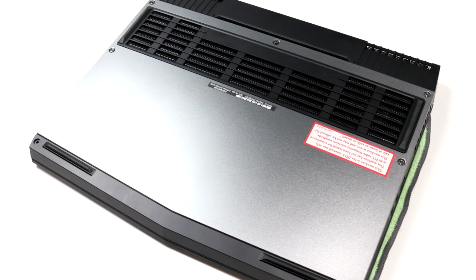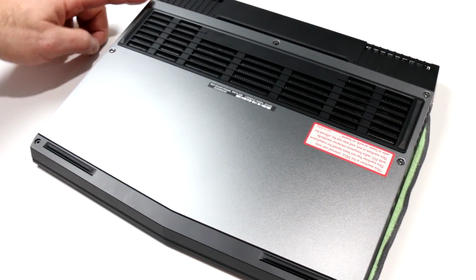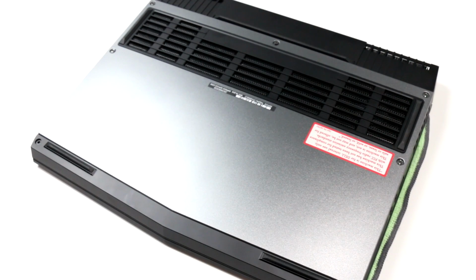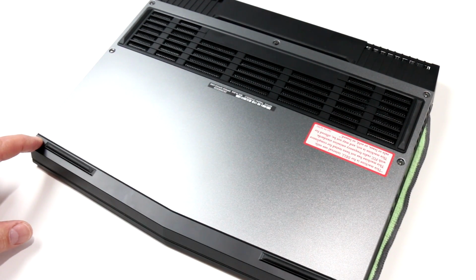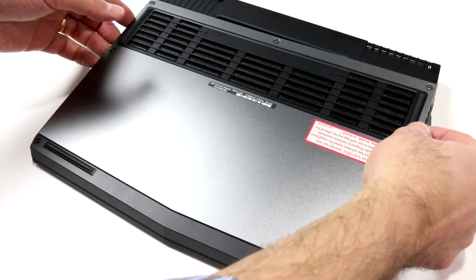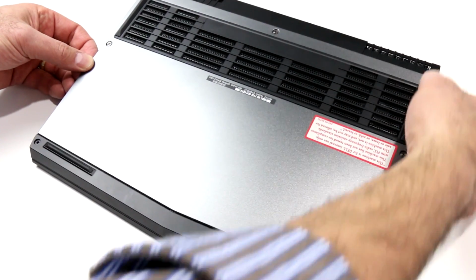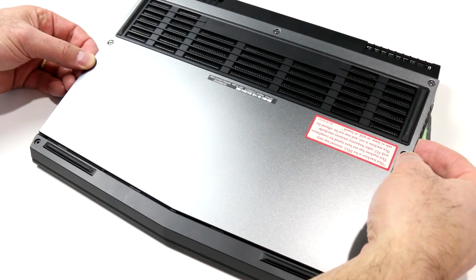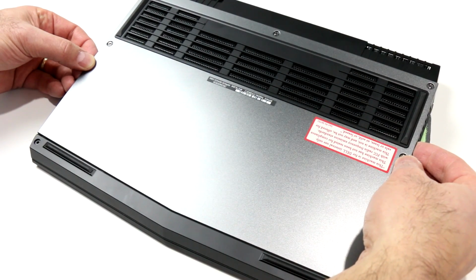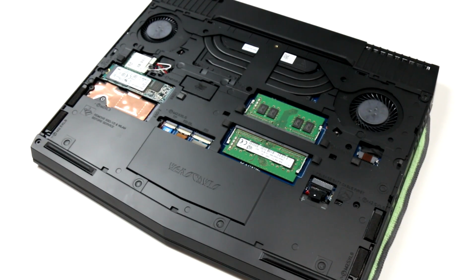I have taken the liberty of loosening the screws here on the bottom of the machine, the bottom plate, 1, 2, 3, 4, 5 screws to be exact. There's actually a couple of screws up here in the front edge of the device as well, but I don't think you need those to release the lid, which actually sort of press fits into the screw sockets. At least that's how they seem to. Once you back them out, they reach a certain point, and then you have to kind of pull them out of the socket. I've already done that just to make it easy for the camera here. But here we are removing the entire bottom plate of the machine, and voila,